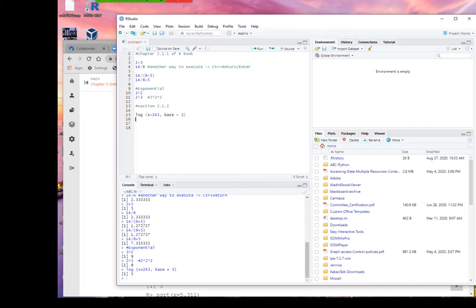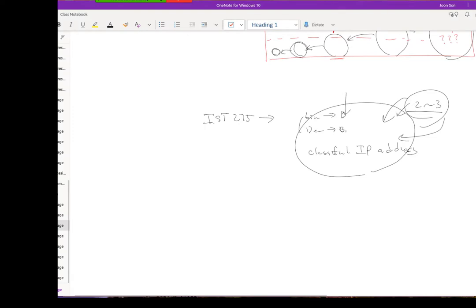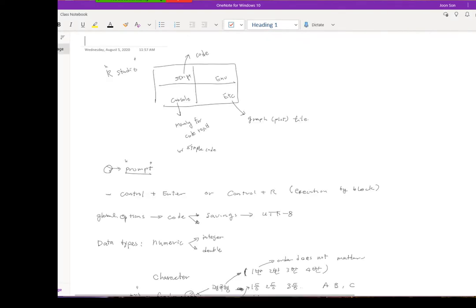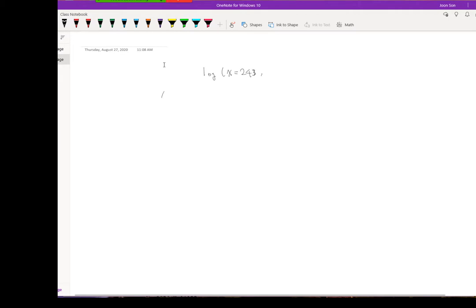So, the log function. Log, x is equal to 243, and then the base, not y, sorry, base is 3, right?